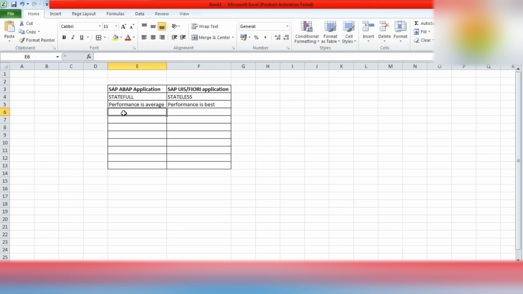One more important thing is that our ABAP application only runs under the intranet, but UI5 and Fiori can run on both intranet and internet. ABAP applications are totally GUI based, and UI5 and Fiori are totally browser based.